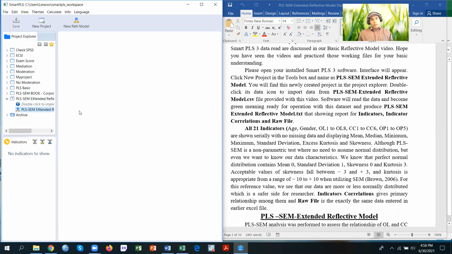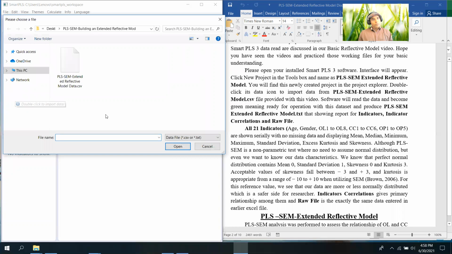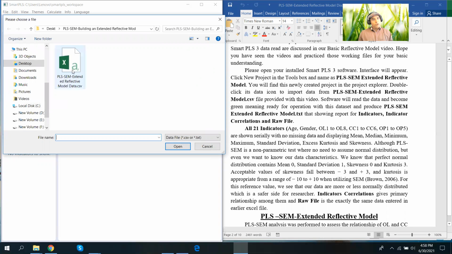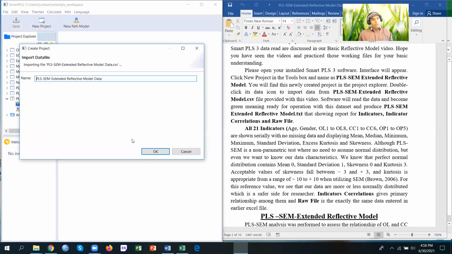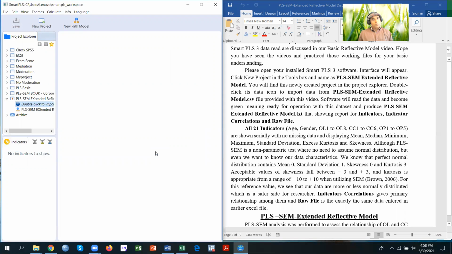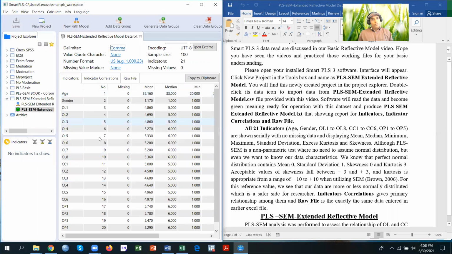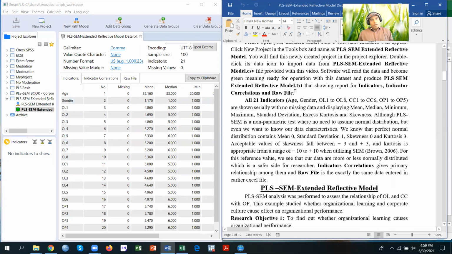We'll find the newly created project in the Project Explorer here. Then I will double click this data to import. This is our CSV format file that was discussed in the previous video. I open it, I OK it. So we find the dataset and it reads green. PLS SEM extended reflective model data text